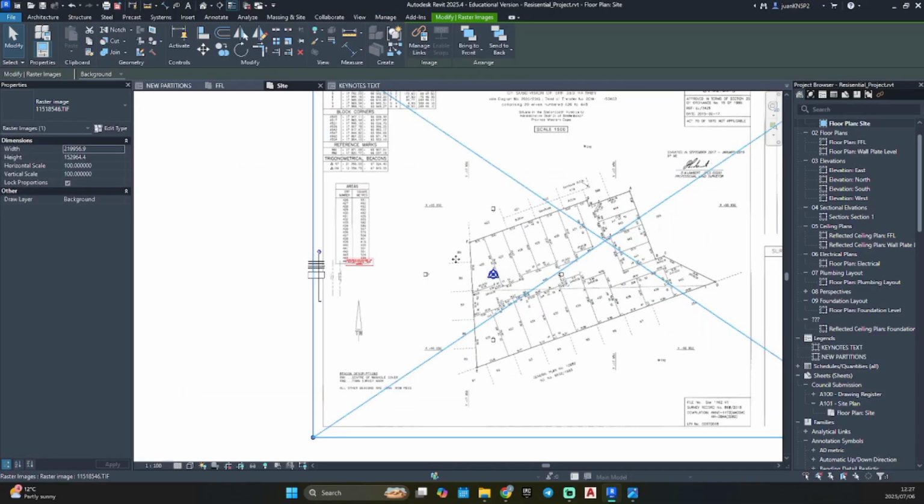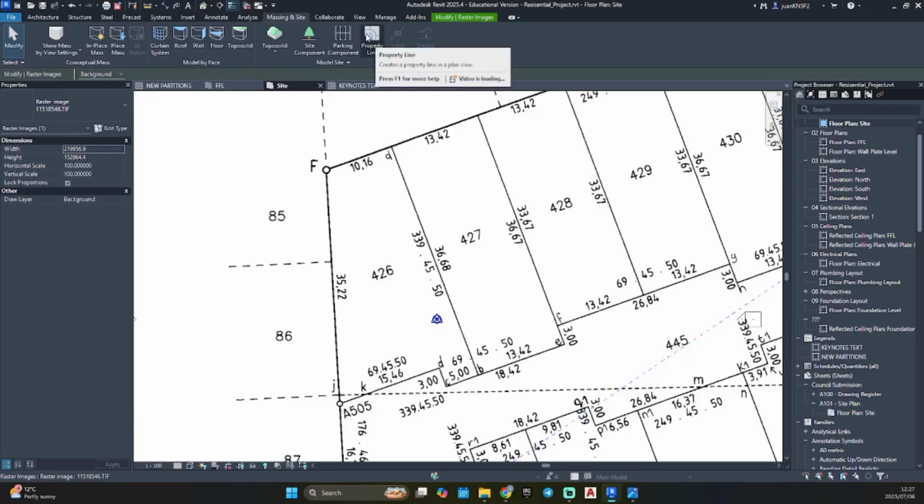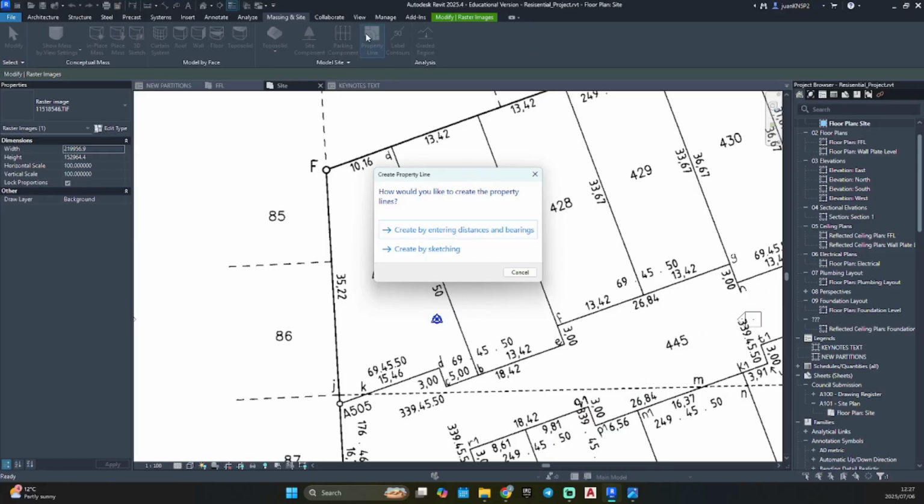So we will not be scaling it, as we are going to enter the distances and bearings to create our site plan. The reason why we are not drawing over it, if we go to massing and site, property line, if we click that, it will ask you distance and bearings or create by sketching.